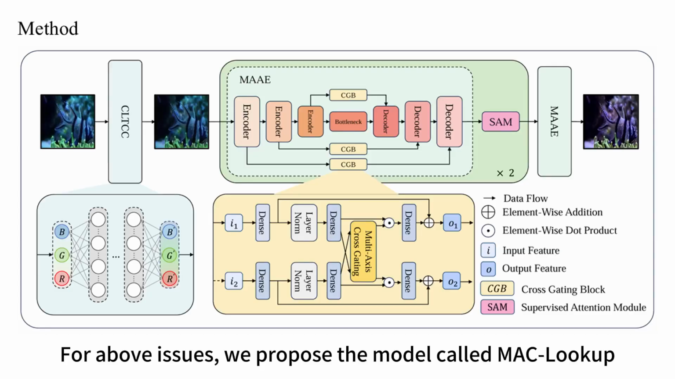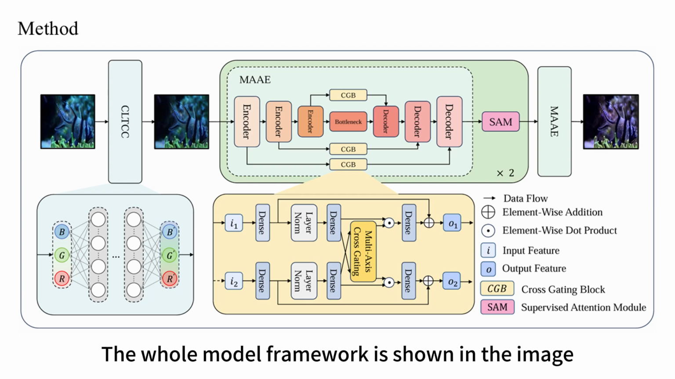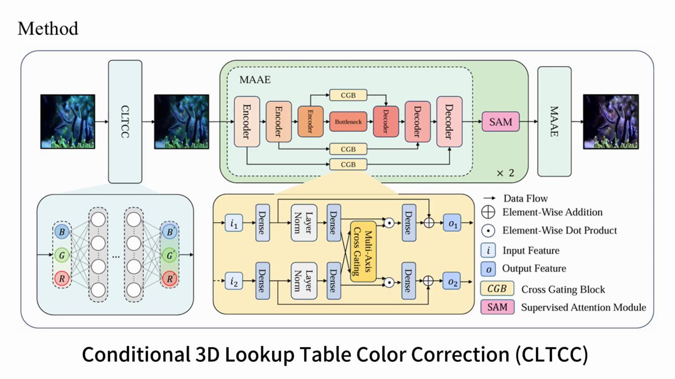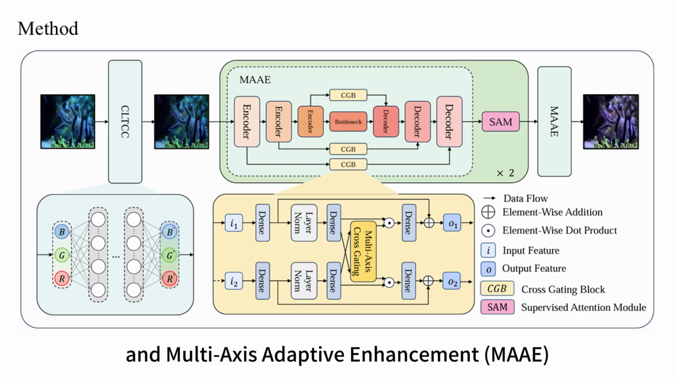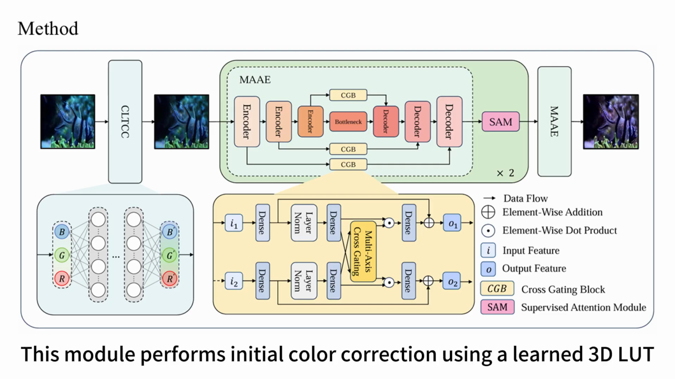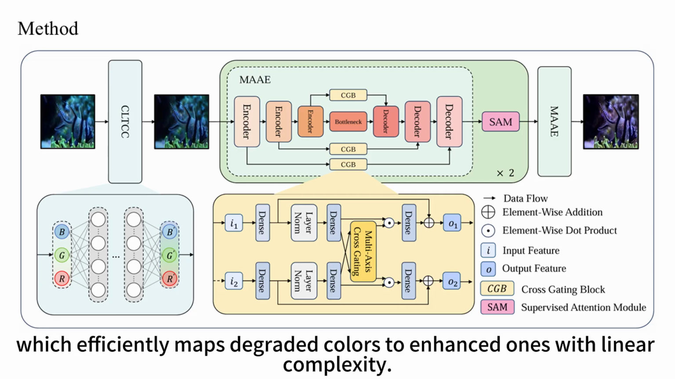To address the above issues, we propose the model called MAC-Lookup. The whole model framework is shown in the image. It is clear that MAC-Lookup consists of two main components: Conditional 3D Lookup Table Color Correction, CLTCC, and Multi-Axis Adaptive Enhancement, MAAE. The CLTCC, Conditional 3D Lookup Table Color Correction, performs initial color correction using a learned 3D LUT, which efficiently maps degraded colors to enhanced ones with